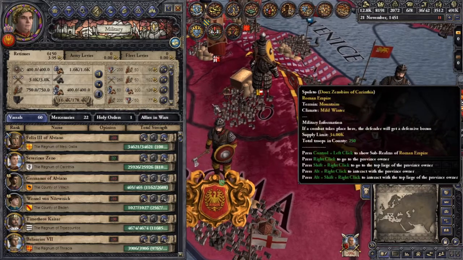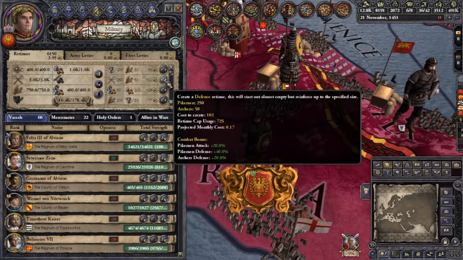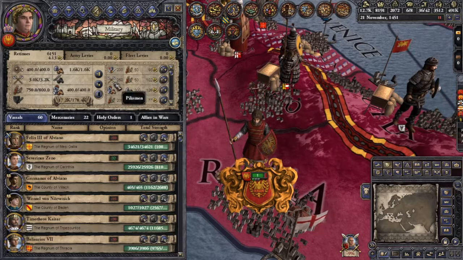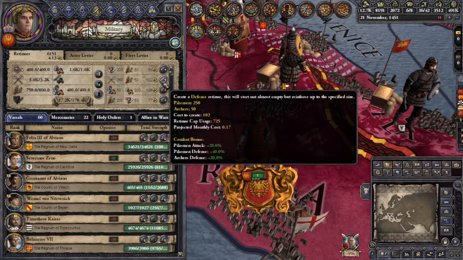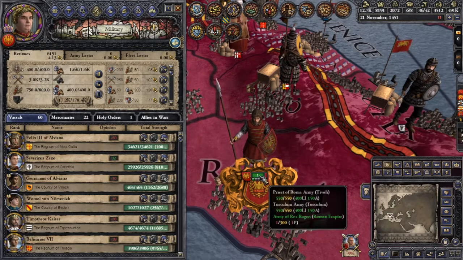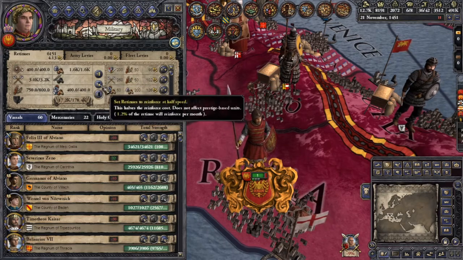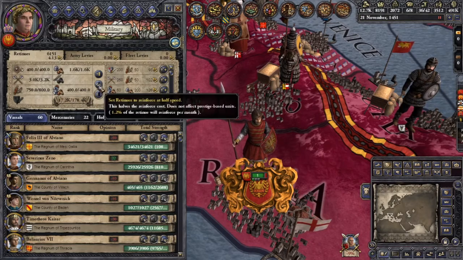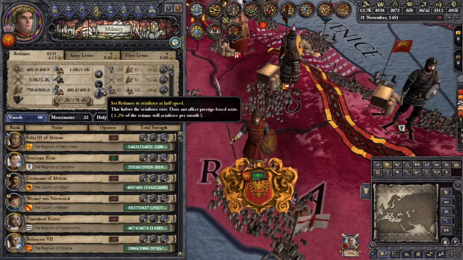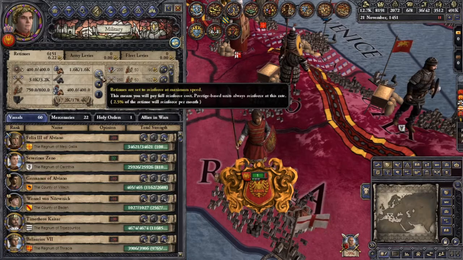When you recruit a retinue, the retinue is important to note. Let me show you here. I'm going to recruit this pikeman. This is a defense retinue. You see that the retinue comes with one guy. So because of this, we have these three buttons here in which you see retinues are set to not reinforce. You can change these by going for retinues are set to reinforce at half speed or reinforce at maximum speed,